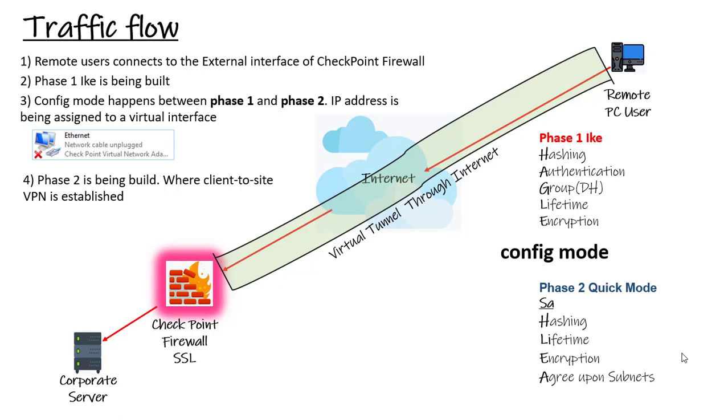But the point I'm trying to make here is basically in the last section we go over all packets in phase number 1 and phase number 2. So to have more advanced information, to understand the topic in a more professional way, you have to check the troubleshooting section as well. Even if you're not working with the site-to-site VPN, go ahead and do that, because it's also applied to client-to-site